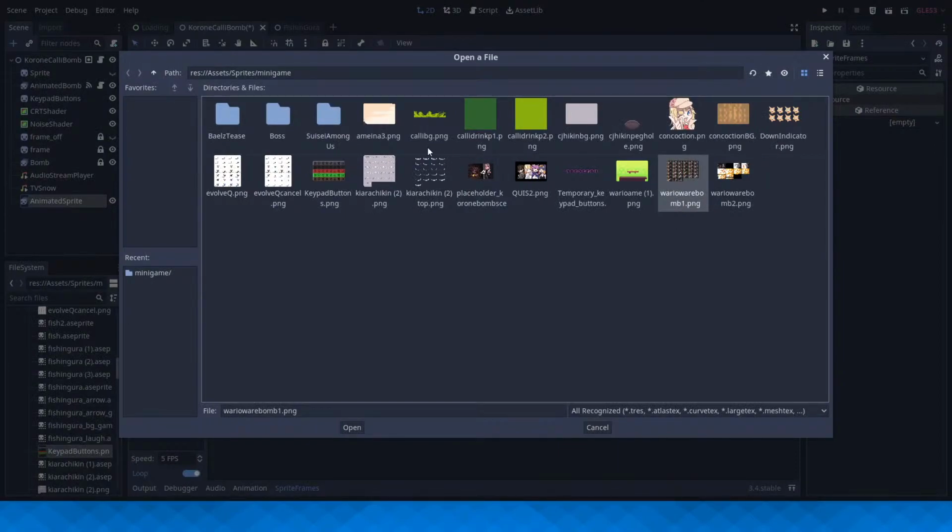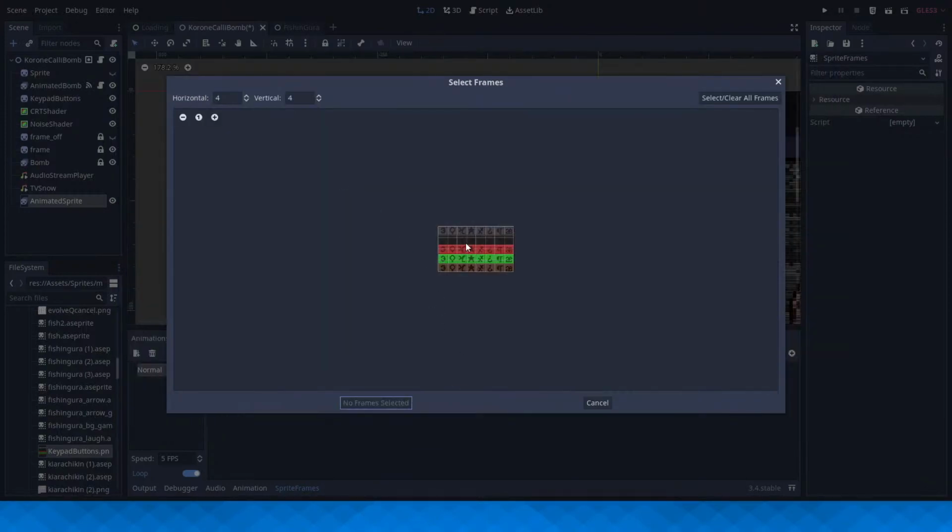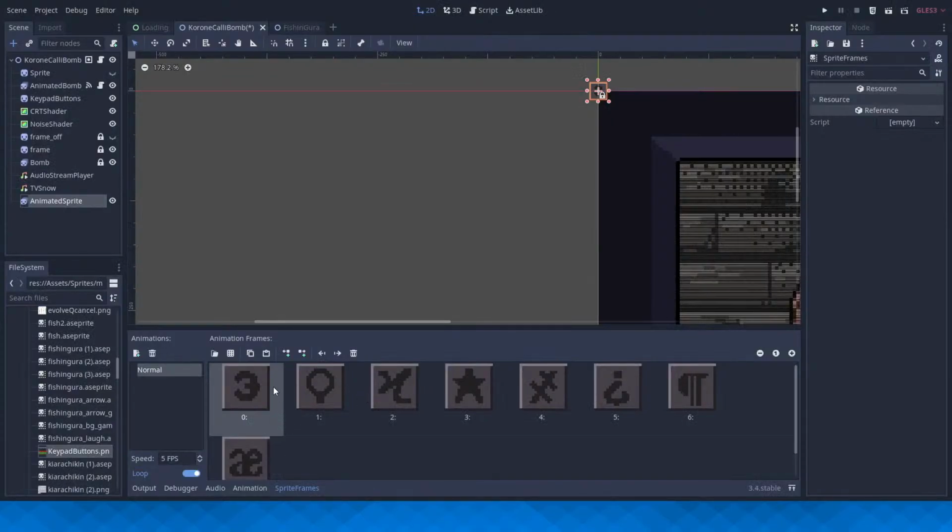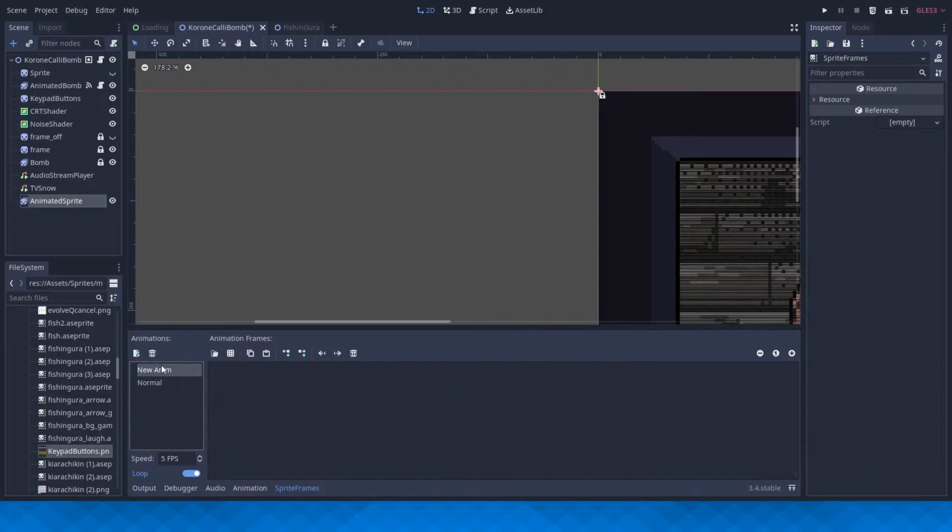Oh, wait, where did I put this? Did I put this in the right directory? Oh, here, there they are. Blind. Alright, vertical is 5, so I can just, wait, that needs to be 8 horizontal. There we go. Alright, now we have these as 8 frames. Now do the same thing for pressed.